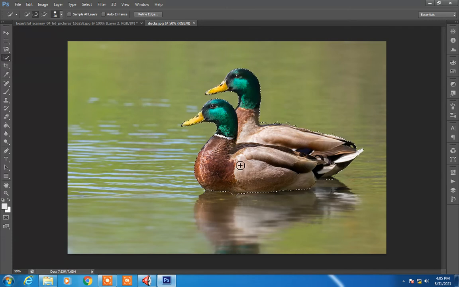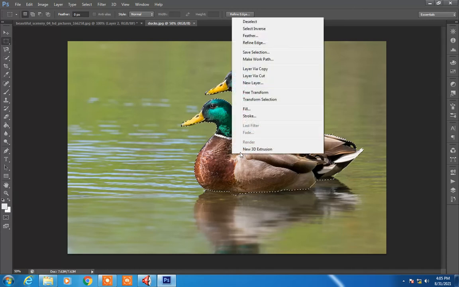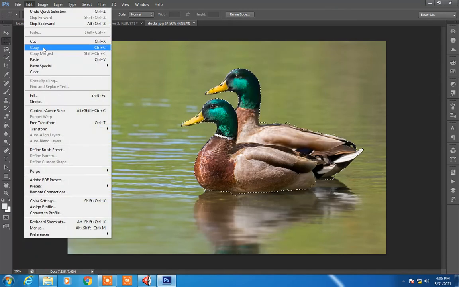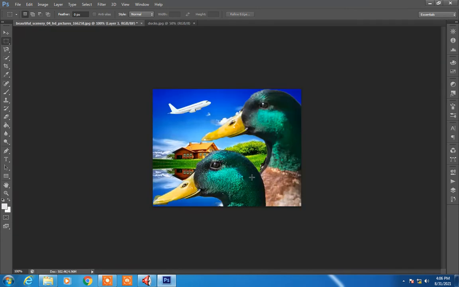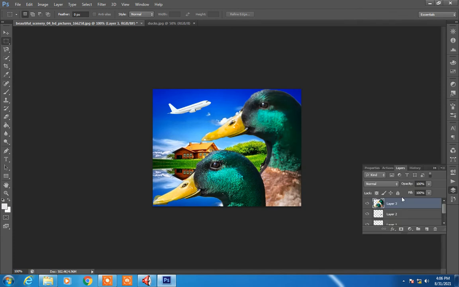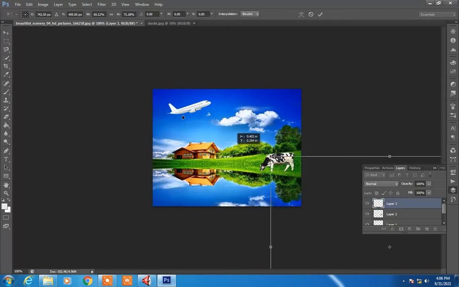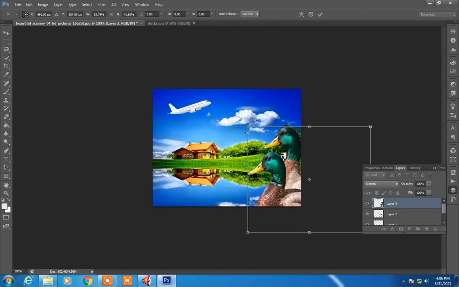Now the same method: right click, copy, no, edit, copy, or you can also press Ctrl C and Ctrl V on your keyboard and the ducks will be copied. The ducks are too big, so we will resize them.